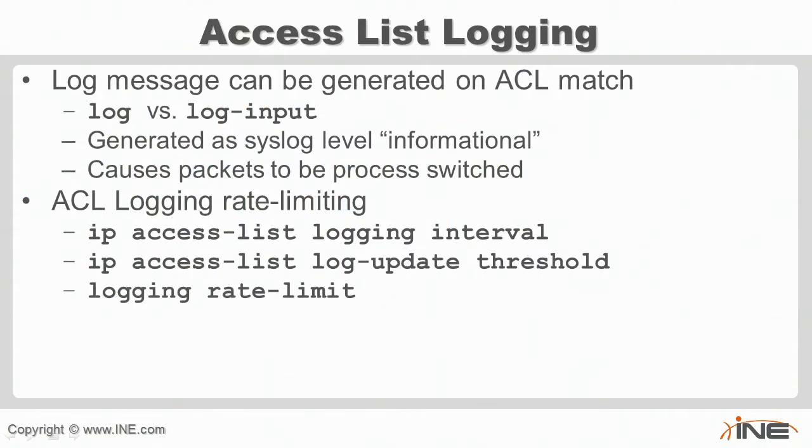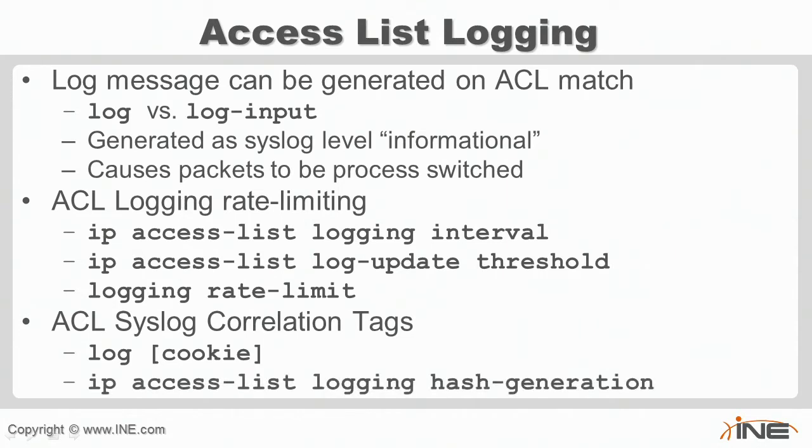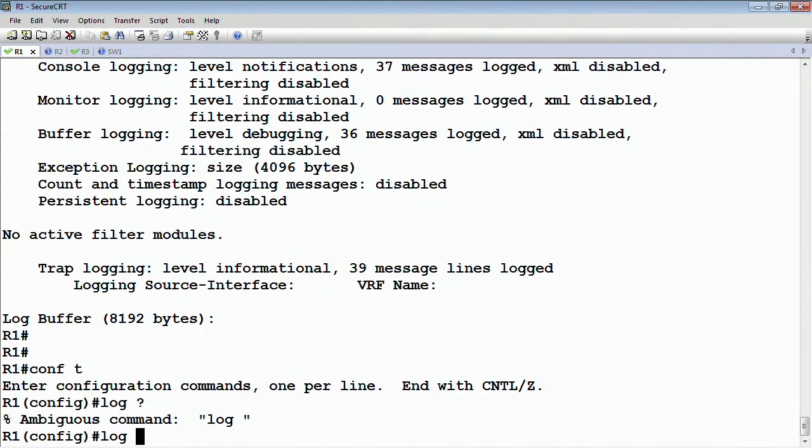Okay, so as I mentioned, we can also rate limit these logs. We could specify the interval or the threshold. The threshold says how many hits need to go on the ACL before the log message is generated. We could also say, for syslog correlation, if we're looking at this on our syslog server, to give it either basically an arbitrary string or a particular hash for the ACL. This is going to be used to basically allow us to search through the log messages once they get dropped off on syslog. So if I don't have a way to sort based on the source address of who did the log, I may want to say that the logging,